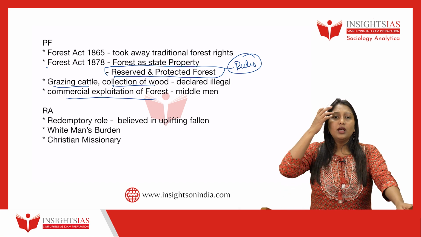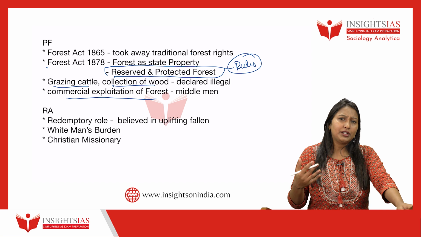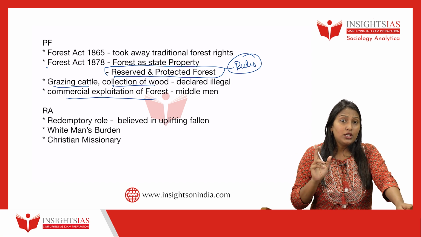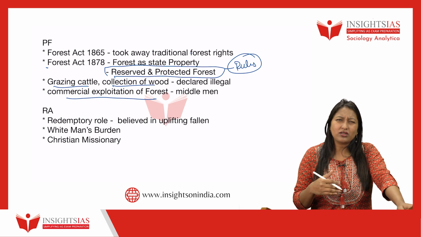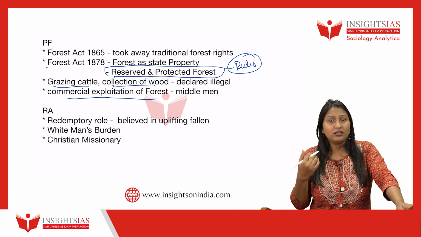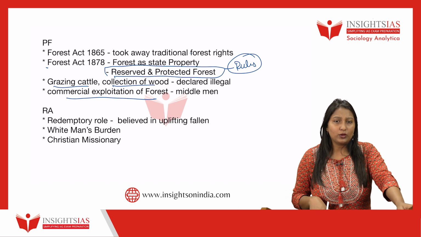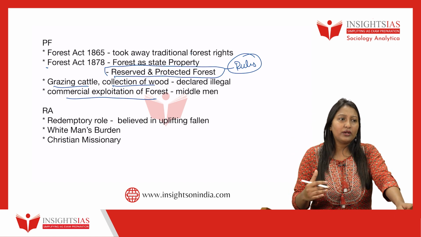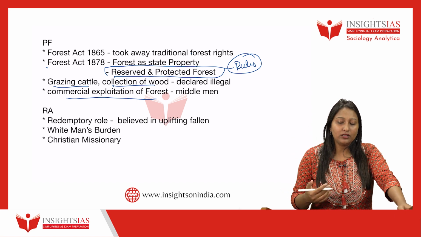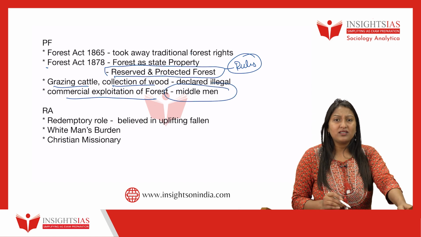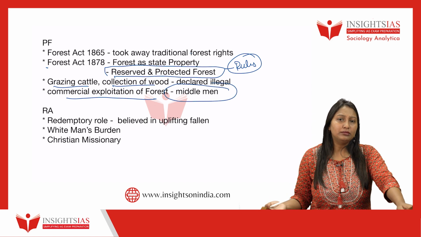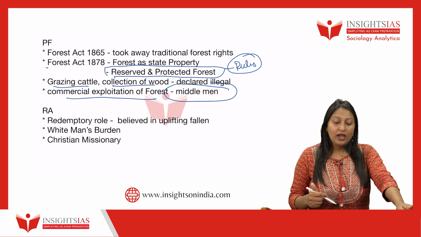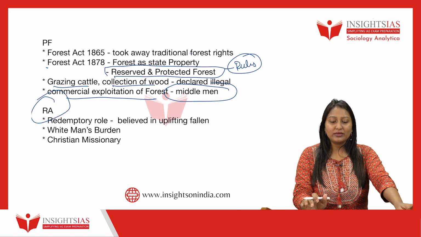So basically what happened, Britishers started realizing that all the resources are actually in the forest. Not just the Britishers, this also gave an idea to the other Indian zamindars. They thought, if we exploit the forest, which has more resources, we will be getting more money in return. And because of this, for the first time, we could see the entering of middlemen into the forest area. And the next policy is the reformist approach.